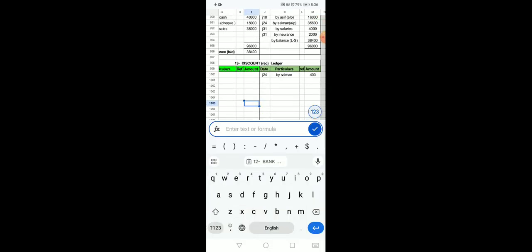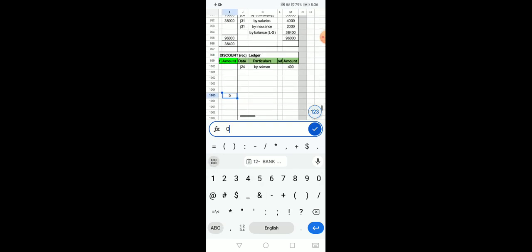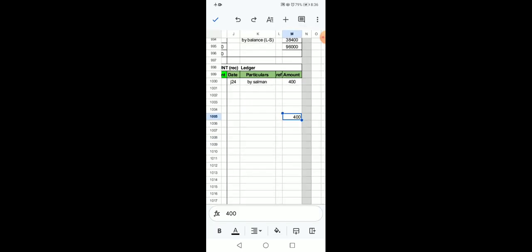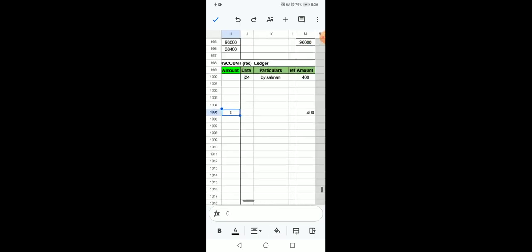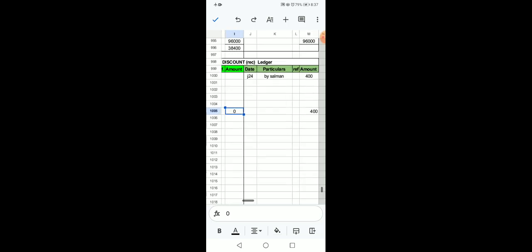Step number 1 is to see the total of both sides. The sum of the debit side is 0. The sum of the credit side is 400, as there is only one amount present on the credit side and nothing is present on the debit side. We have calculated the balance. Now compare the sums of both sides. 400 and 0, which is the larger sum? That is